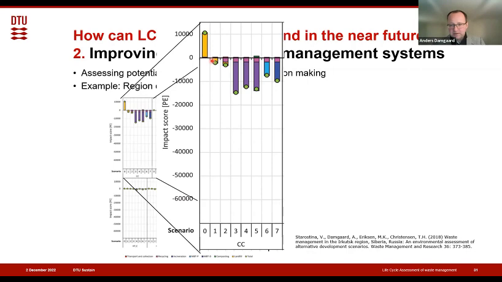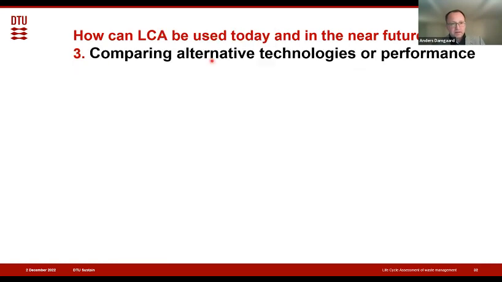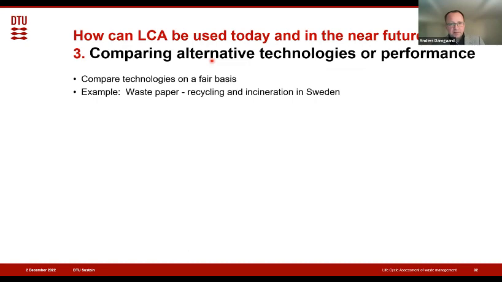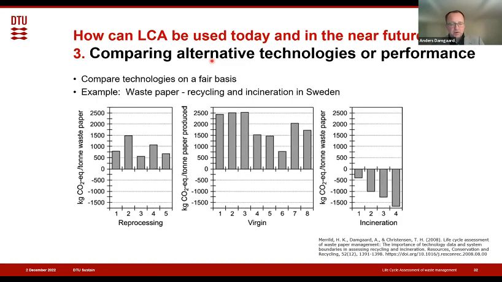And then often when this type of study is done, we can also look at what the benefits are cost-wise. We can also compare different alternative technologies. In this case, we looked at different reprocessing technologies in Sweden, and we found that the reprocessing of waste paper would have quite a big variation. And then we could use that to go in and say, okay, but why do these factories have much higher impacts than those factories?